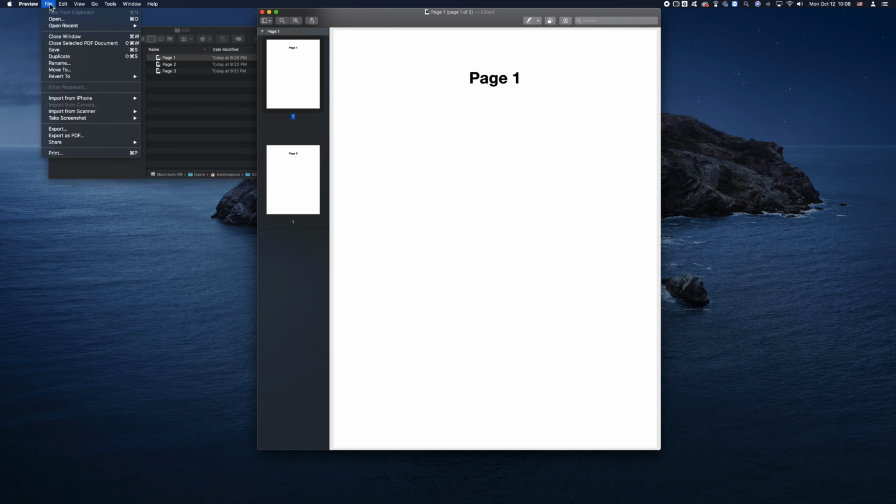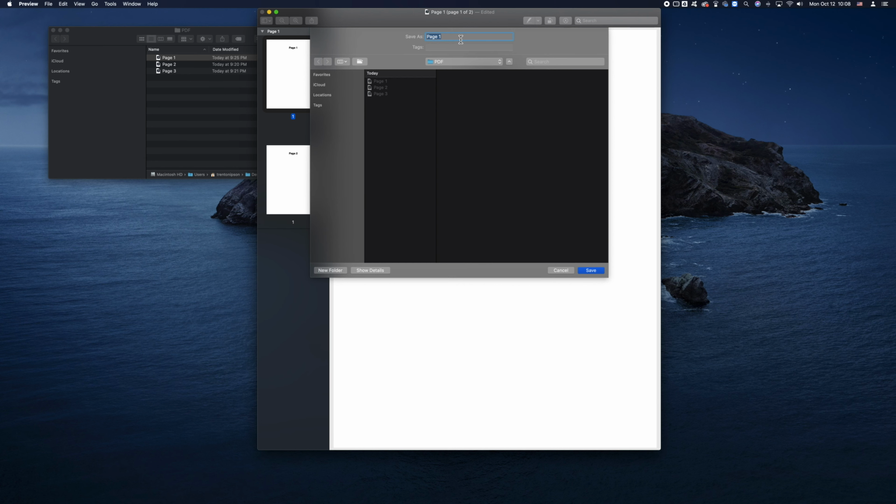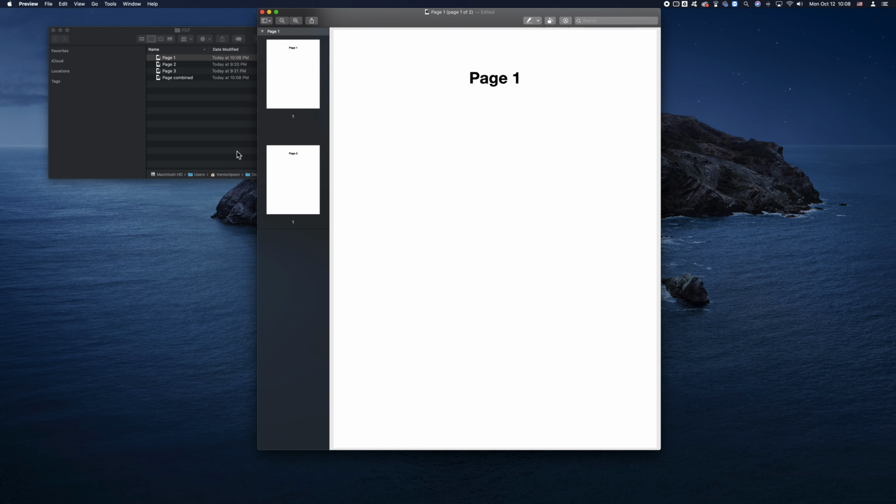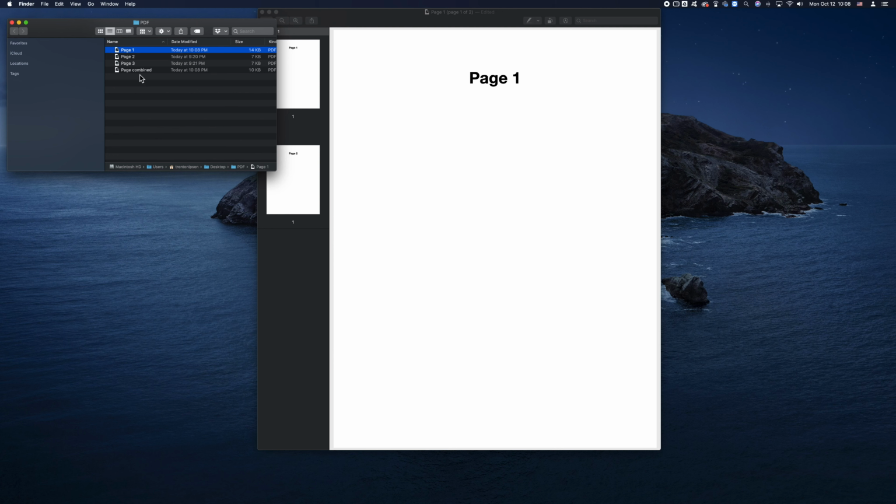Now, to make sure that this is taken care of, you'll go to File, Export as PDF, and change the name if you need to. Today I'm just going to do Page Combined. We're going to save it inside the PDF folder where the other PDFs are located. Now we'll click Save. And as you can see, we now have a new PDF, Page Combined,